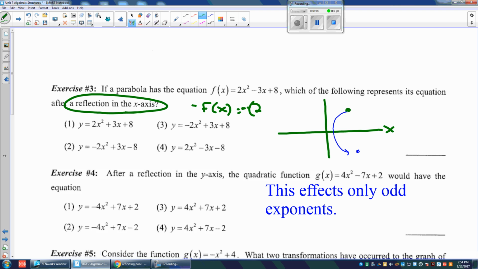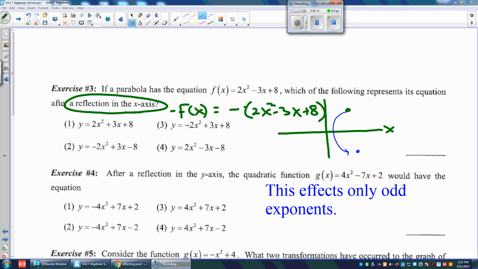So put that in parentheses. And now I distribute the negative sign. So it's negative 2x squared, get rid of that answer and that answer, plus 3x, still the same answers, minus 8, choice number 2. After reflection in the y-axis,